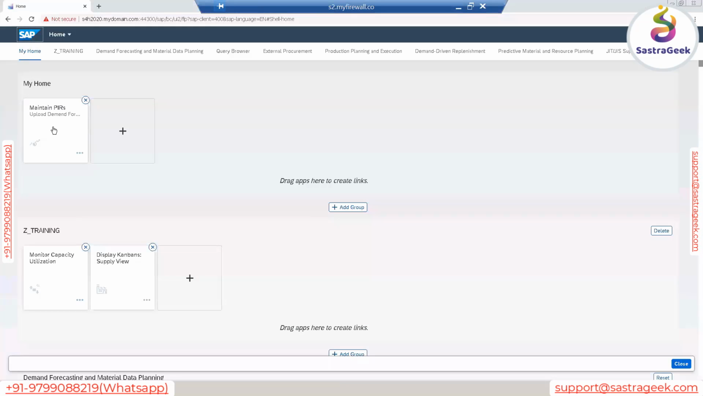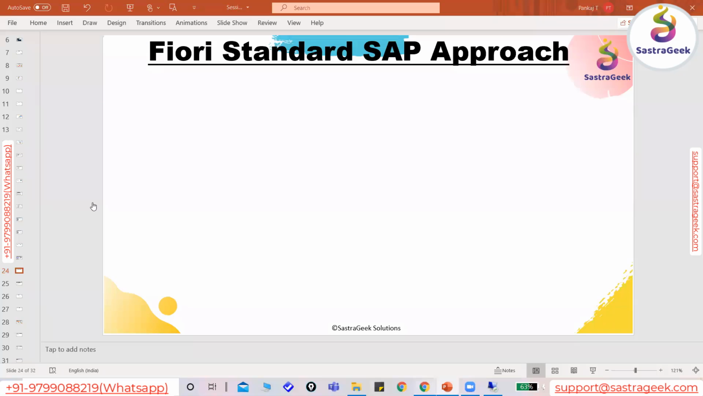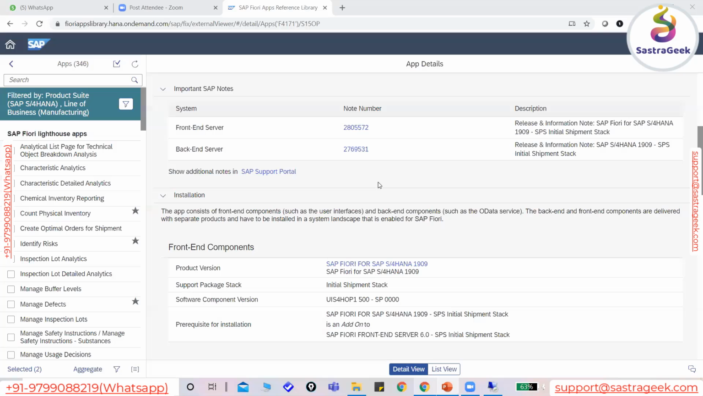How are you getting updated with that? Like, when we have an end-to-end scenario we are supposed to run, how does a consultant get that notification? Like, okay, this app has come, this is a new feature. And that's why I ask you to go ahead with this Fiori library. See here,